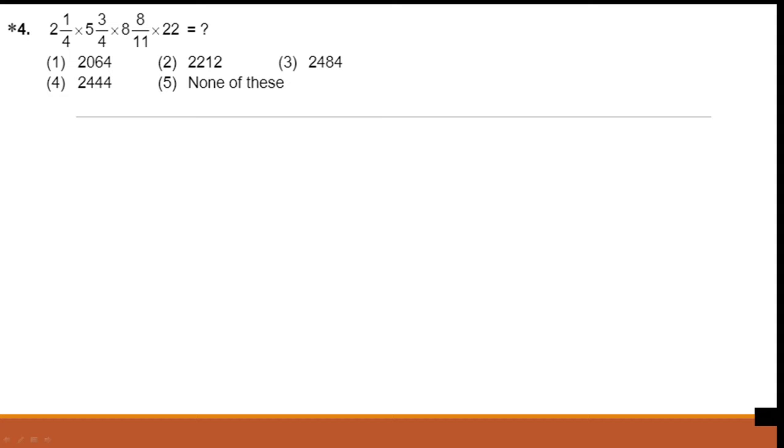Next one. So this one, it's a mixed fraction actually. You need to convert this into normal fractions. 4 2s are 8 plus 1, so that is 9 by 4 into. So this is 5 4s are 20 plus 3. So that is 23 by 4 into here